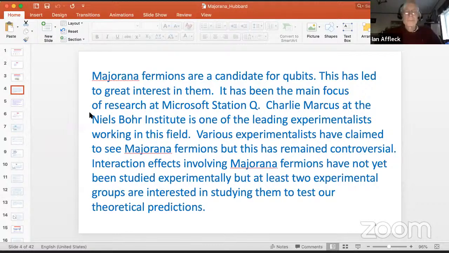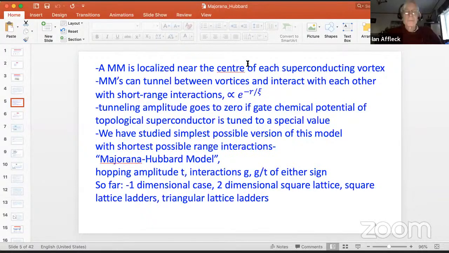A Majorana mode is localized near the center of each superconducting vortex. And Majorana modes can tunnel between vortices and interact with each other with short-range interactions that go like exponential of minus r over xi_c, where xi_c is the coherence length for the superconductor. The tunneling amplitude can be taken to zero if the gate voltage, the chemical potential of the topological superconductor, is tuned to a special value. So that means we can effectively tune to very strong coupling by changing the gate voltage. That motivates studying